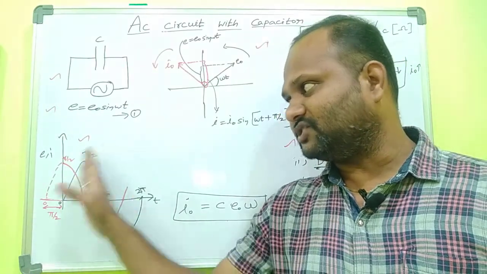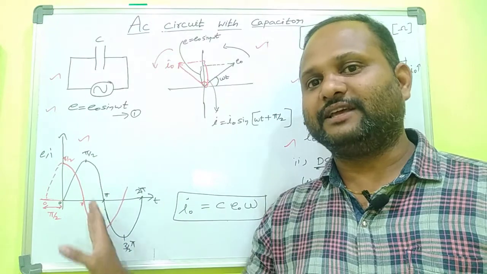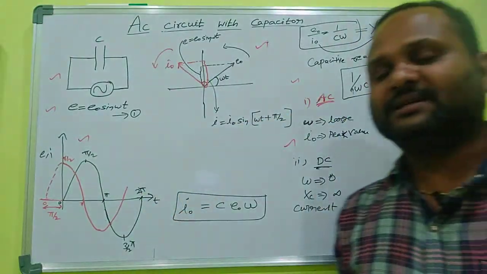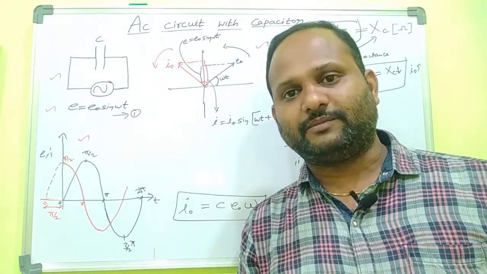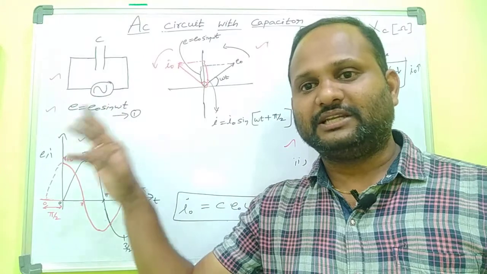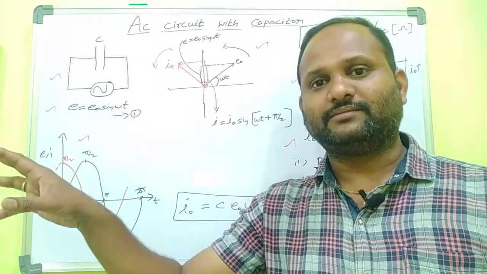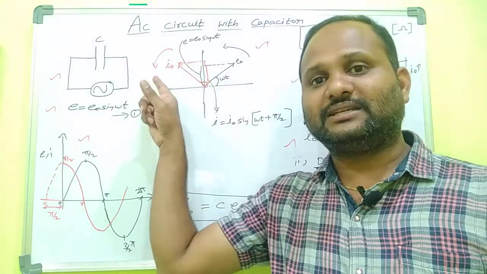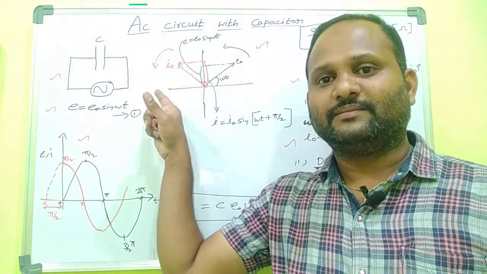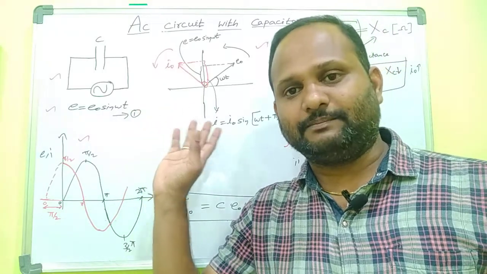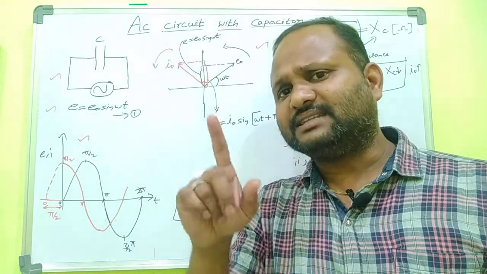This is the wave diagram for the phase difference between E and I. Sixth one is the phasor diagram, which also gives the same information but in a different way: the phase difference between E and I. Who is leading, who is lagging, how much it is leading. When it is rotating, who is increasing and who is decreasing at a particular instant. These are all we discussed. That is the sixth thing.